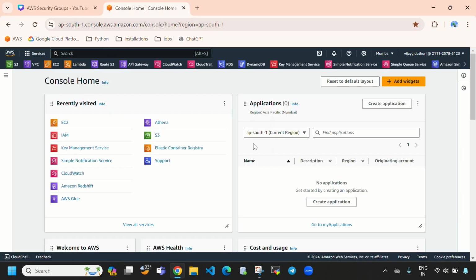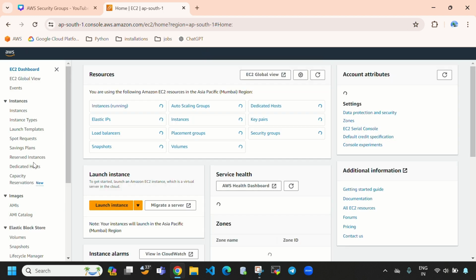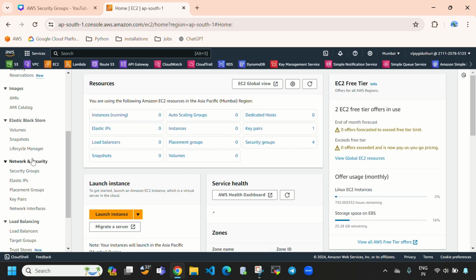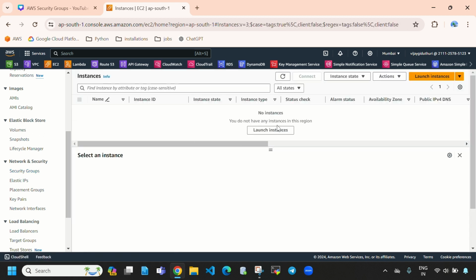Here you can see this is my AWS management console. First we need to navigate to EC2. Under Network and Security, you can find Security Groups. First let's select Instances and create an EC2 instance. Directly select Launch instance. Right now we don't have any EC2 instance, so let's select